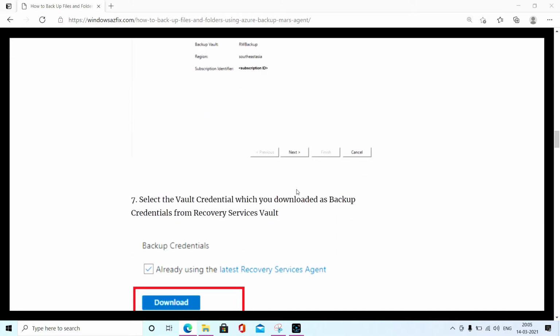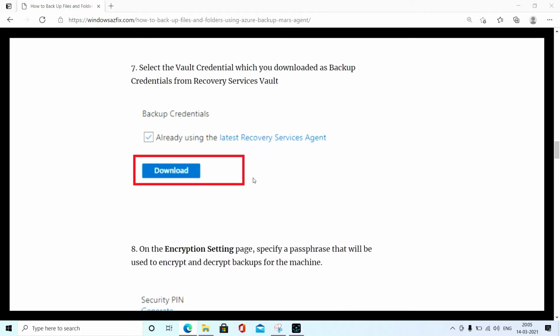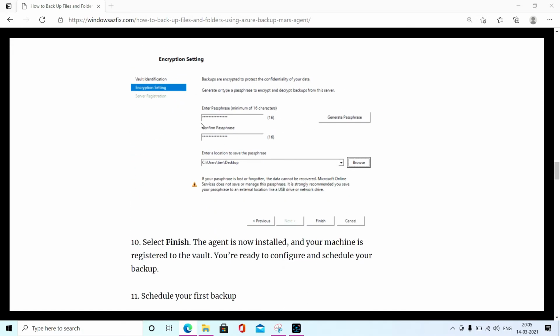Once you go to the next, you will get this prompt. You have to click on generate passphrase.